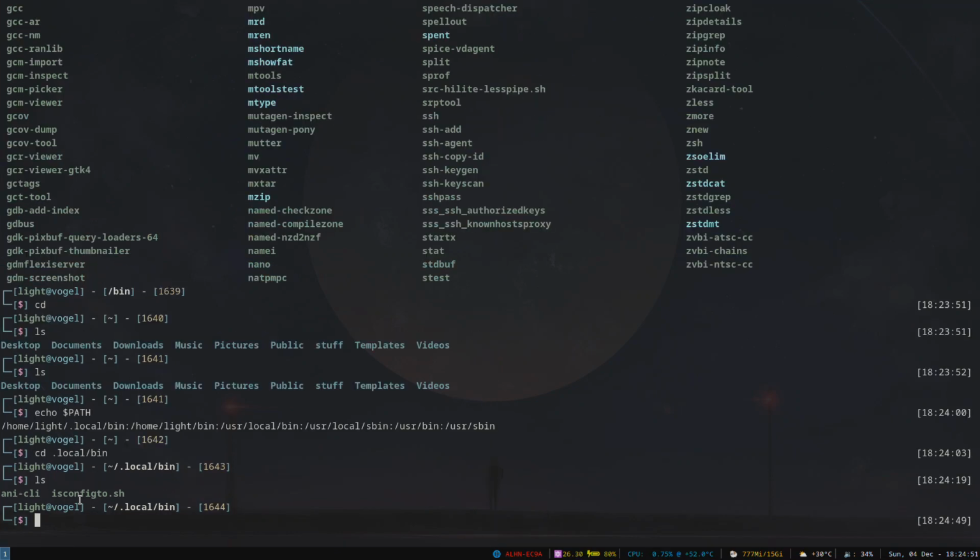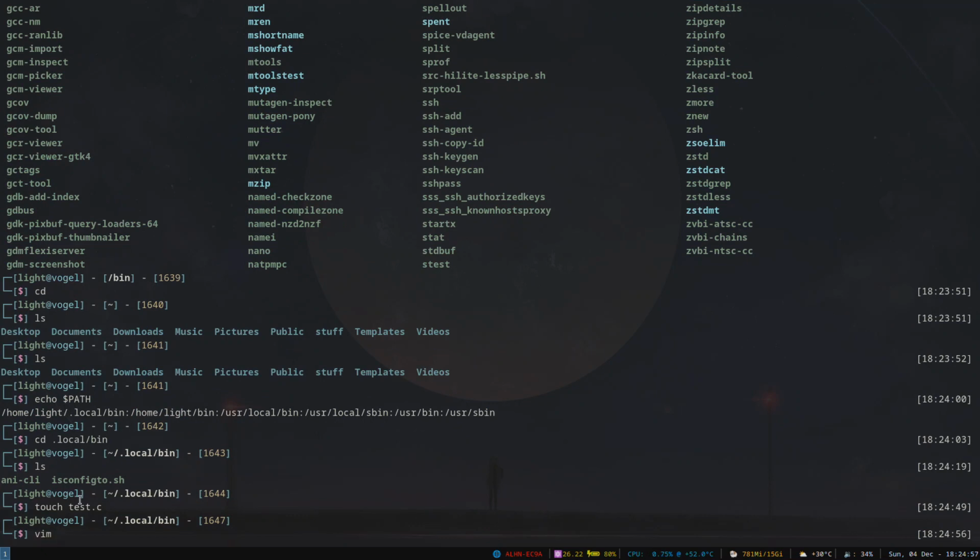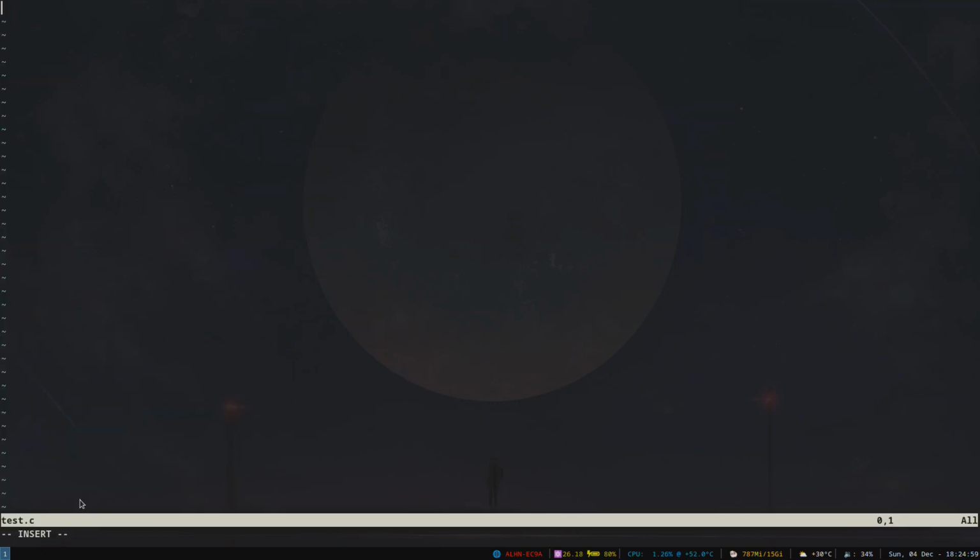And it's not just for shell scripts. If we vim test, even if it is a shell, even if it is a, so how do you write C again? Printf hello backslash n.